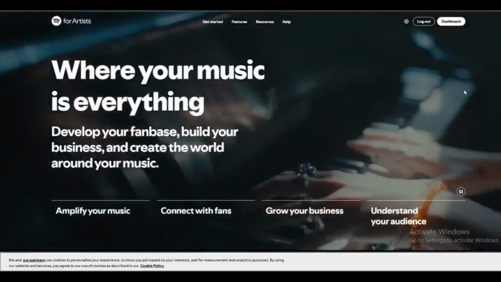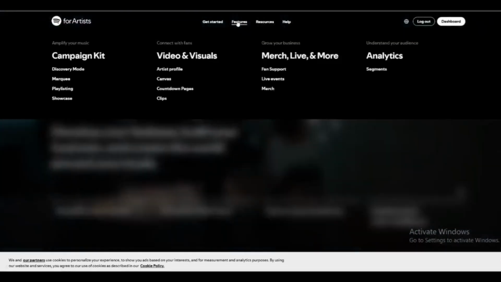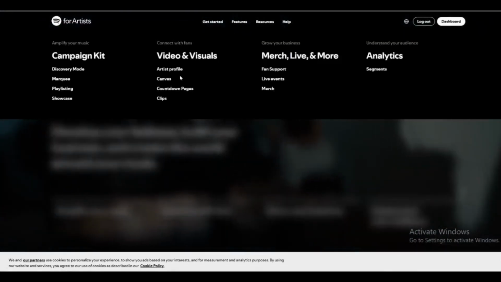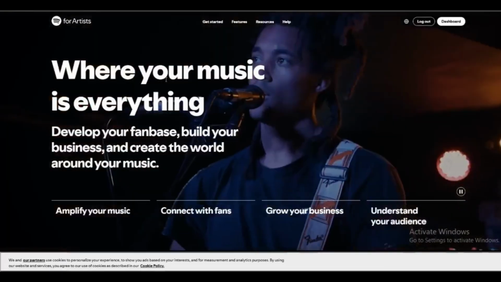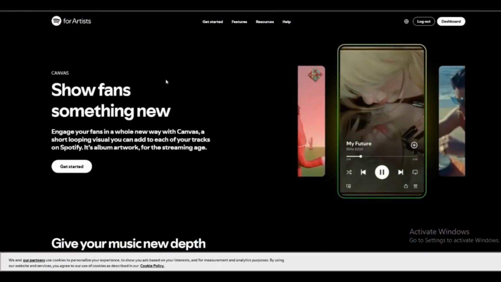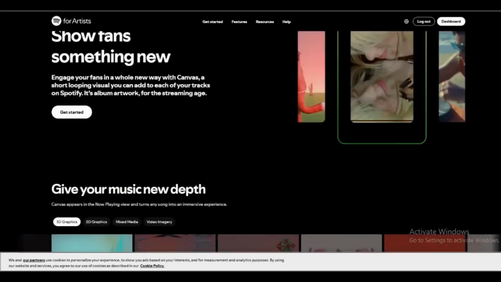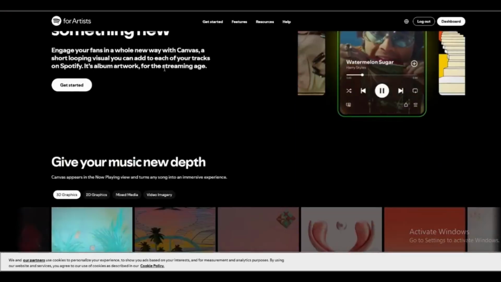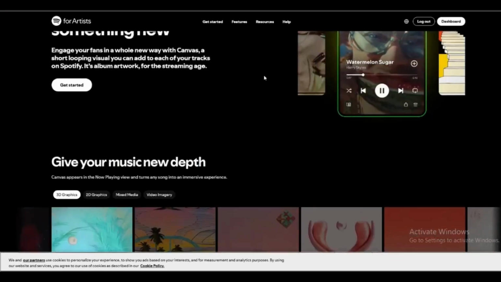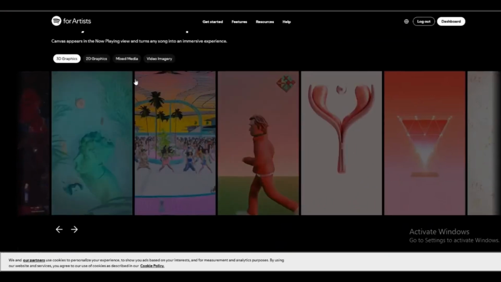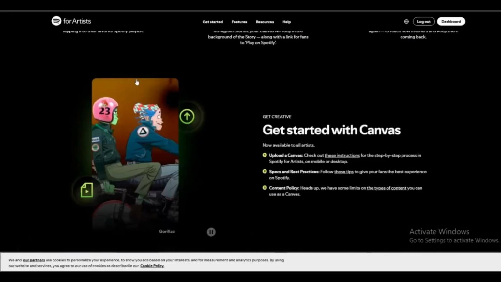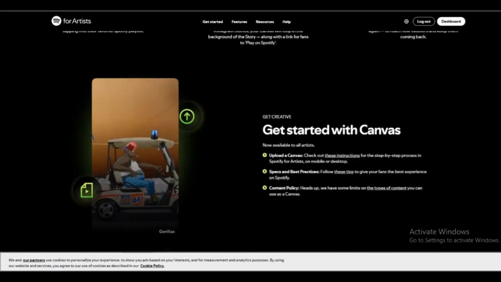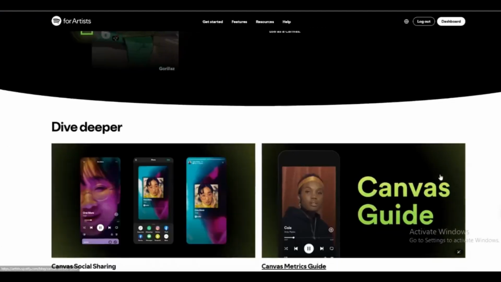To sum up, we first searched for DistroKid and logged into our account. Then we clicked the four-dotted icon on the right side, went to Special Access, and selected Spotify for Artists. After that, we followed the instructions on the page, copied the link to our Spotify artist profile, and filled out the form. Finally, we waited for the confirmation email from DistroKid, and once approved, we went to Spotify for Artists